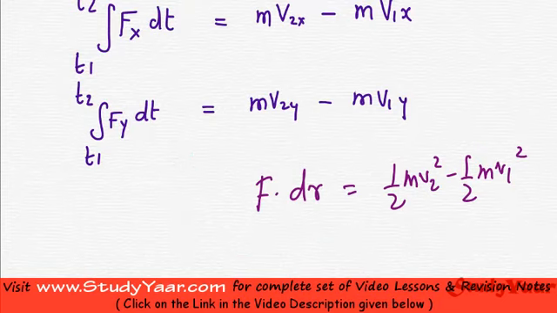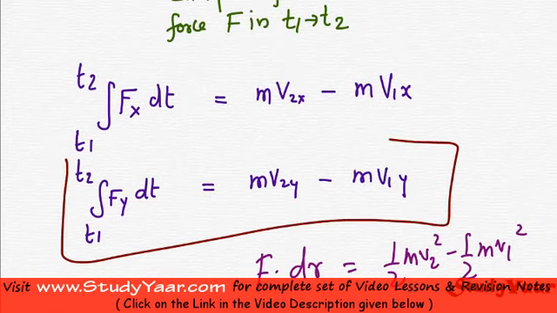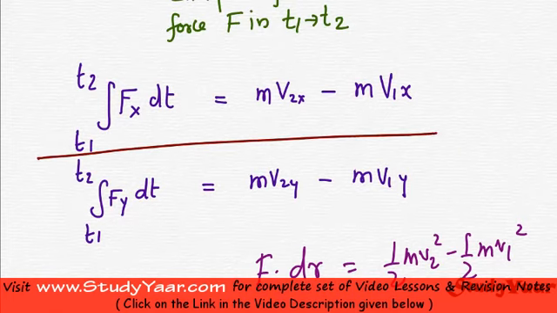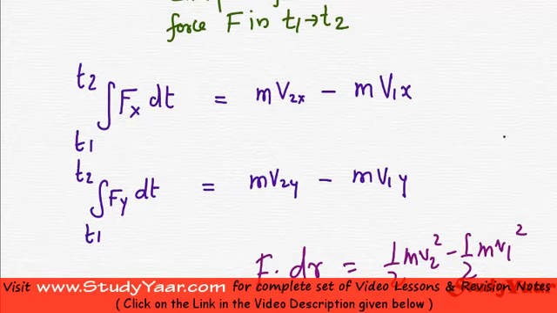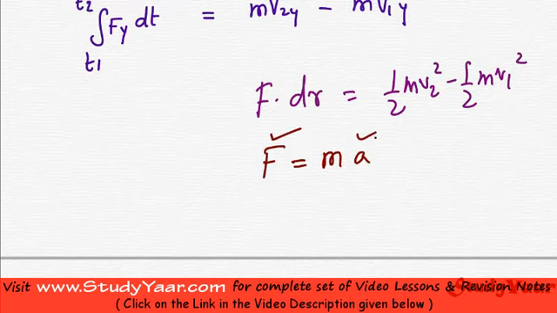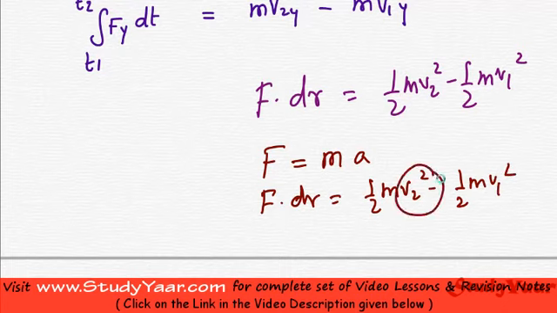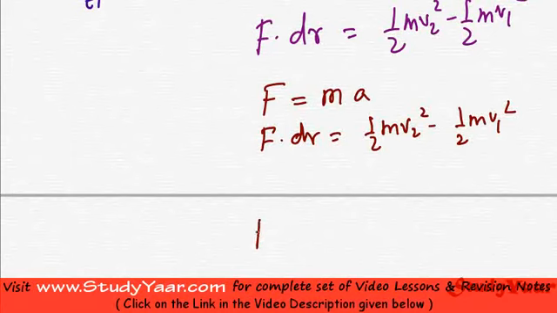If you are given force and time and you have to find out the velocity, then you use the impulse momentum principle. This is your impulse momentum principle. So the same problem can be solved in three different ways. You have F is equal to ma, where you relate force and acceleration. You have F dot dr is equal to half mv2 square minus half mv1 square, where you relate force, distance and velocity, or rather speed. And you have F dt is equal to